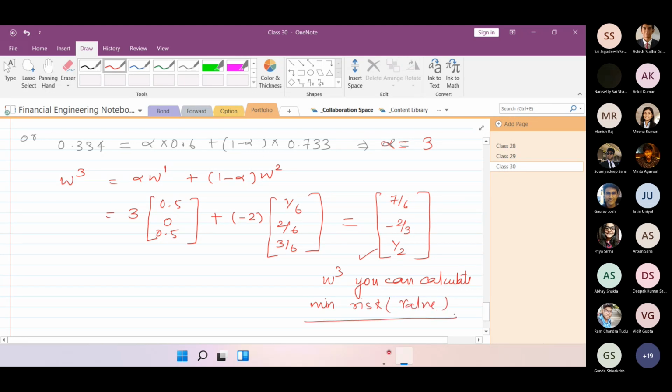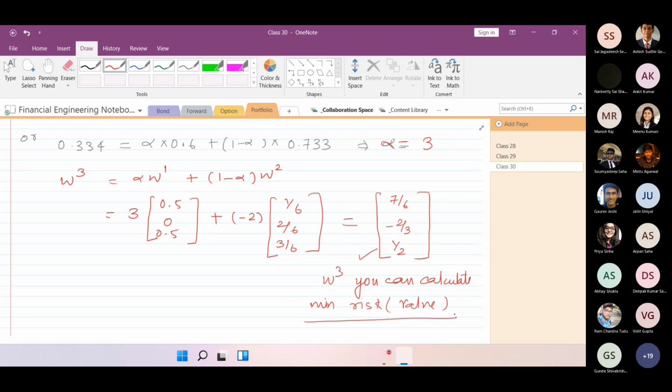Isn't it? Yes or no? Yes, sir. Anybody having any doubt? Because we have finished with the two-fund theorem, look at it from the beginning till end and please ask me if you have any doubt. Sir, is it possible to explain briefly what we have done till now, just as a summary?